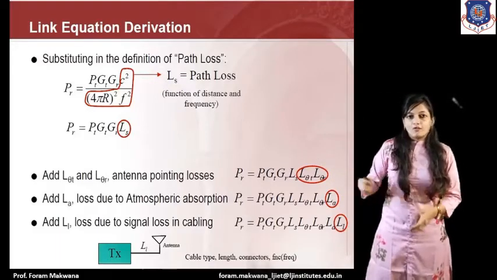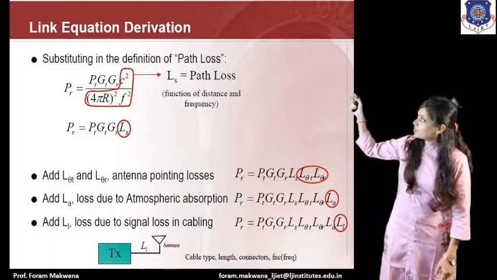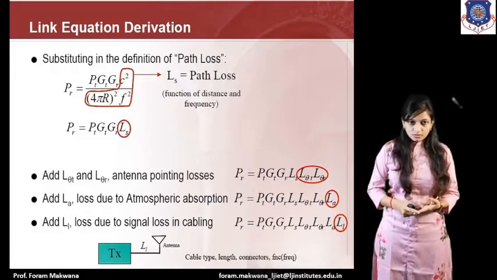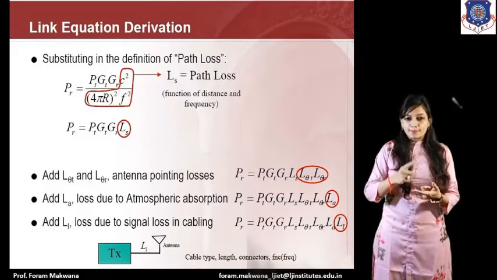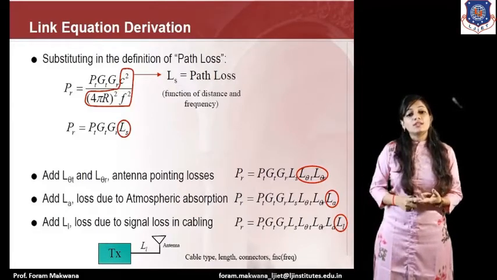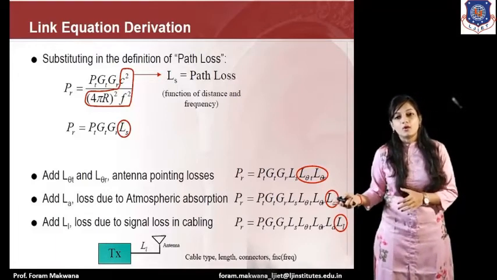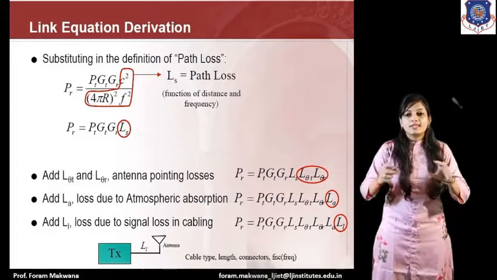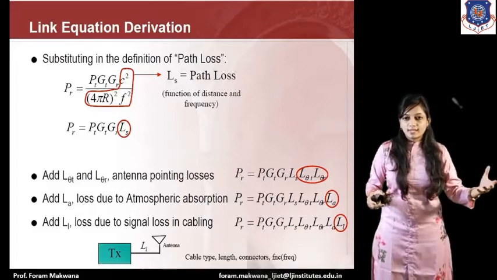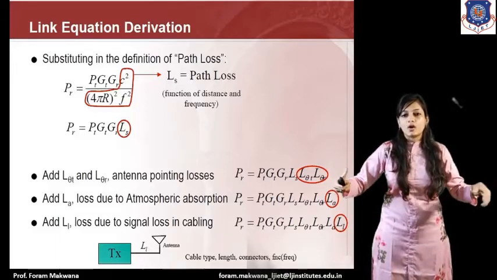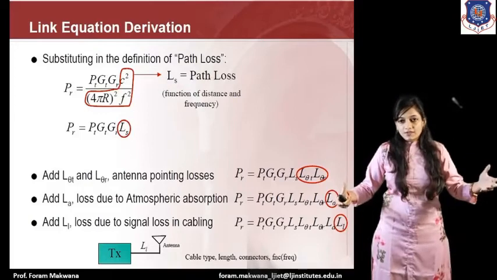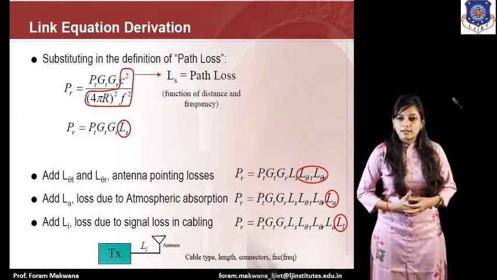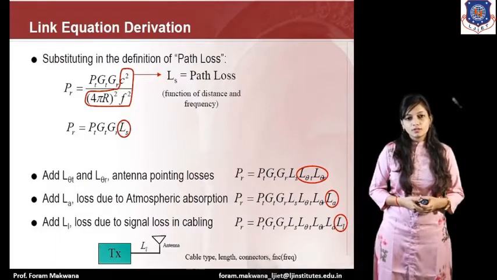Now, while we are going to derive the link equation, we need to consider the antenna pointing loss, the atmospheric absorption, and the signal loss in the cable, or I can say the feeder loss. Feeder stands for the cable which connects the transmitting equipment with the antenna, or, for the receiver, the receiving equipment with the antenna. Alright. Now